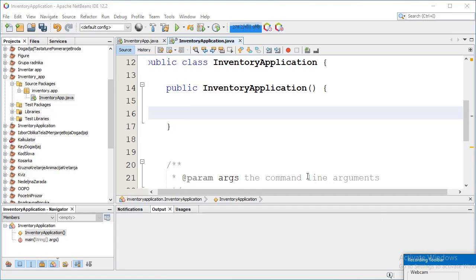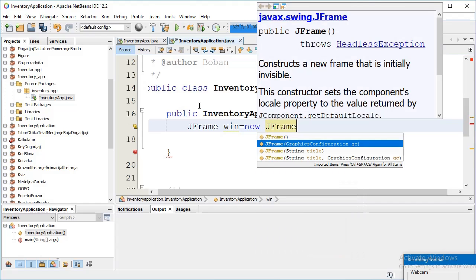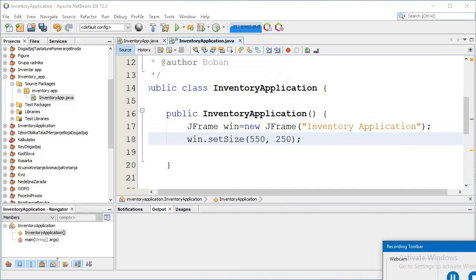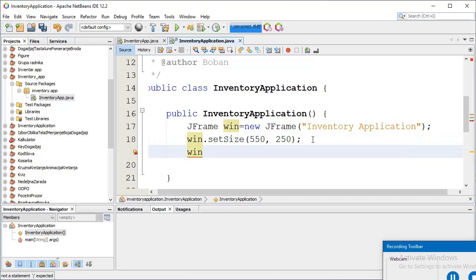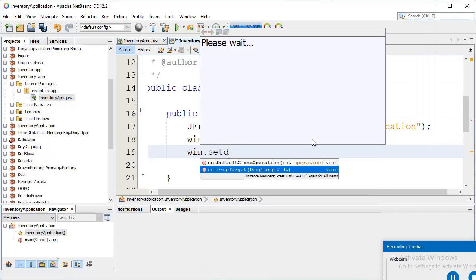Let's first create a graphical user interface without functionality. To do this, I create the first object. The class of that object is JFrame. I pass some title to the constructor. I will first set the size for that object. Width is 550, height is 250. Next, I will call the method setDefaultCloseOperation